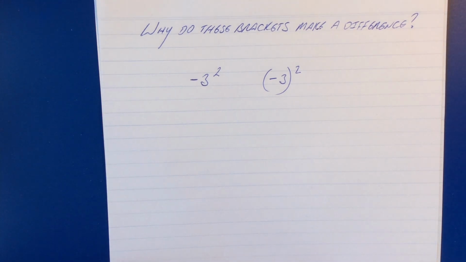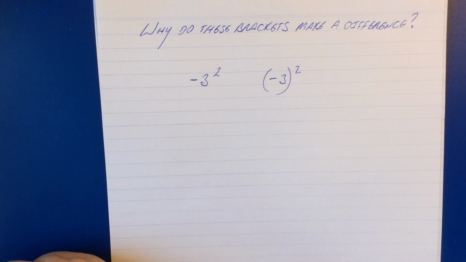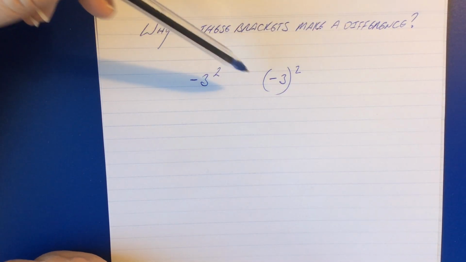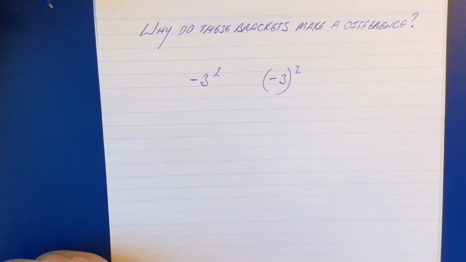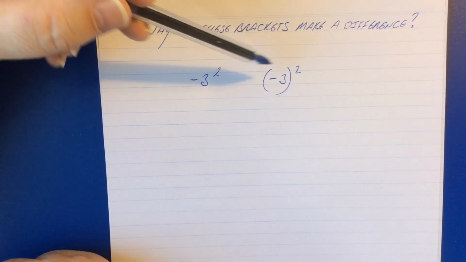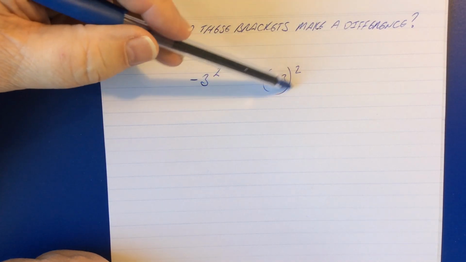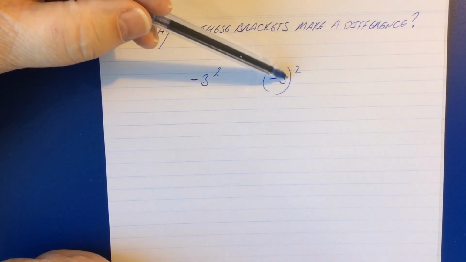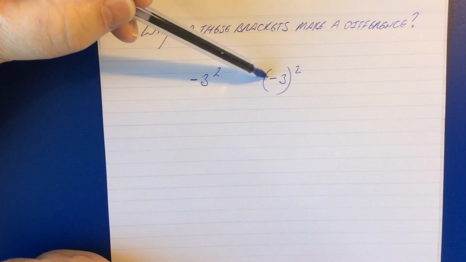Hi, I'm an old guy and I do maths, and what we're looking at is a source of considerable confusion for some people. So the question is, why do these brackets make a difference, if indeed they do? Well, they do. Now, if we take this one first, what we're doing is we are squaring the entirety of